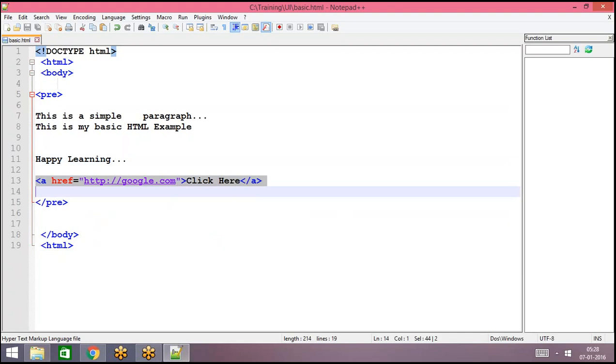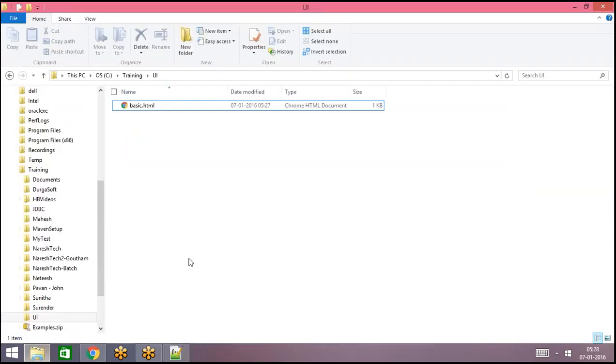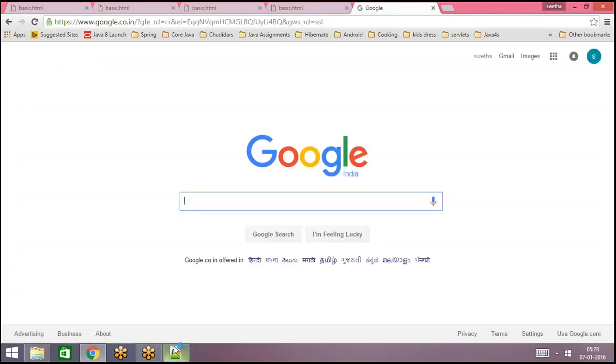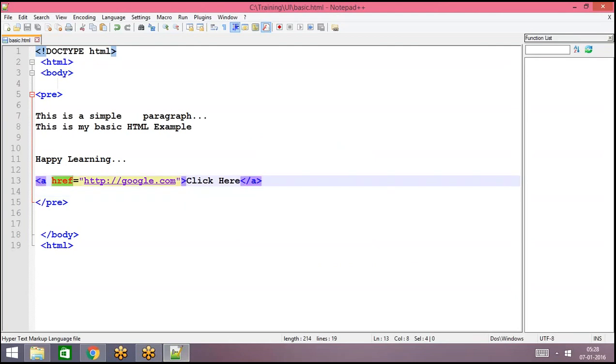Now when you click on this word, the web page will automatically move to the google.com web page. And generally, when we are writing any attributes, we need to mention the attribute value in between double quotes. Of course, we can omit these quotes also. That works in some browsers, but that will not work for all of the browsers.